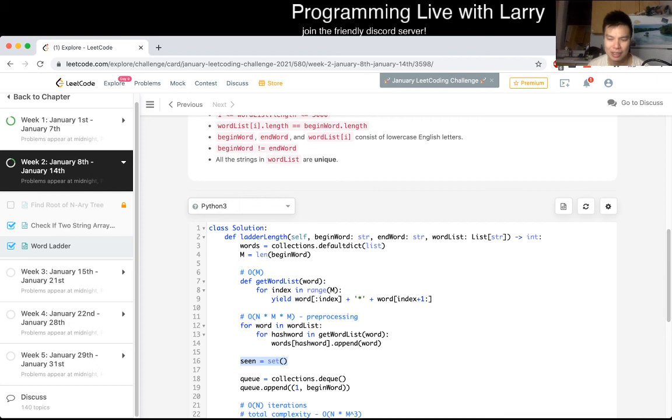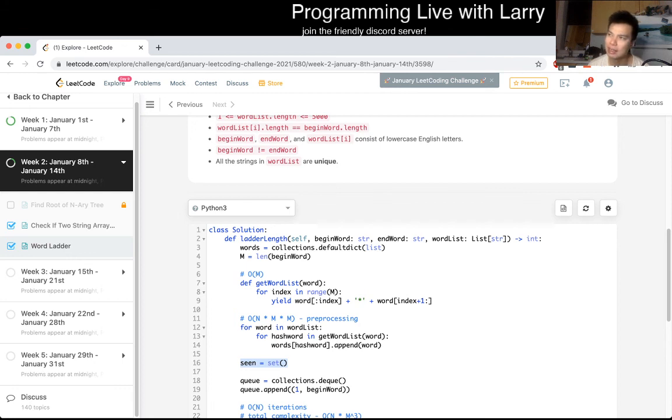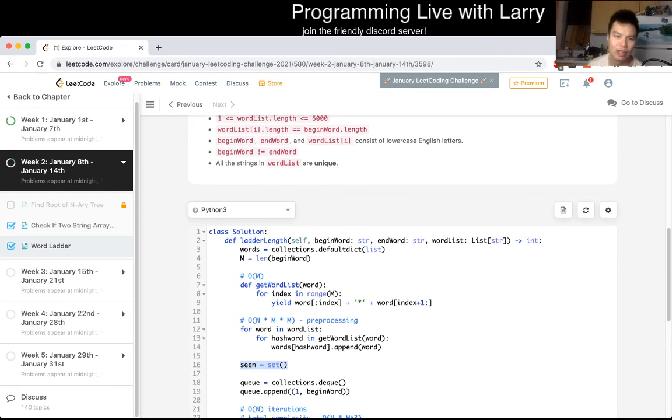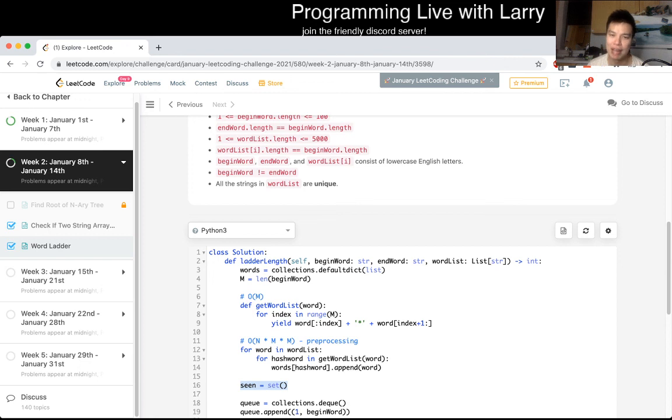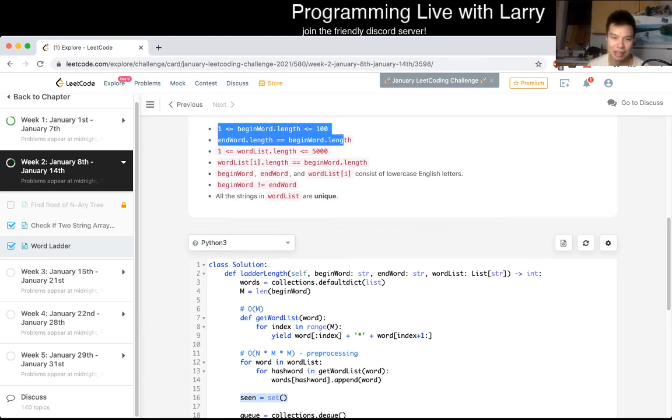which is kind of crazy. Wait, is it n? Let's see. Yeah, each of the n words has m edges, so it appears m times, and each word has a length of m. So we're storing n times m squared in space, which is also very scary given these constraints. But apparently, the test cases don't really test this. So yeah,